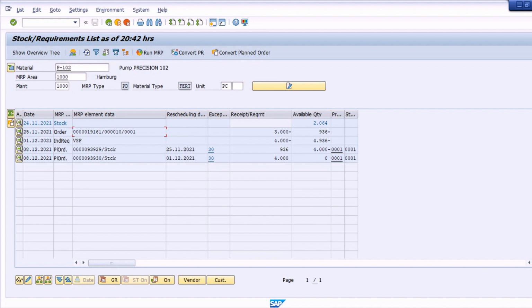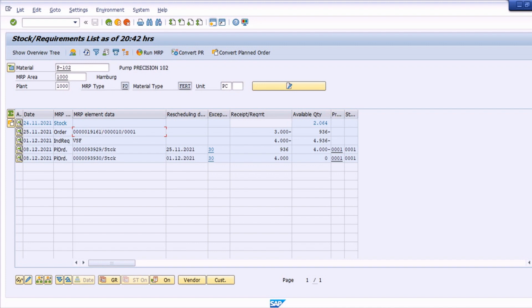Why? Because we are basically selling our goods, right? So we are manufacturing them, keeping them in the warehouse, and then selling them to the customer, right? So this is not a kind of make to order, right? So this is a make to stock scenario. And now you can see that the existing stock has been consumed by this particular sales order, and the deficit of this 936 pieces has been addressed by this particular planned order. So now this planned order will be assigned to this particular sales order.